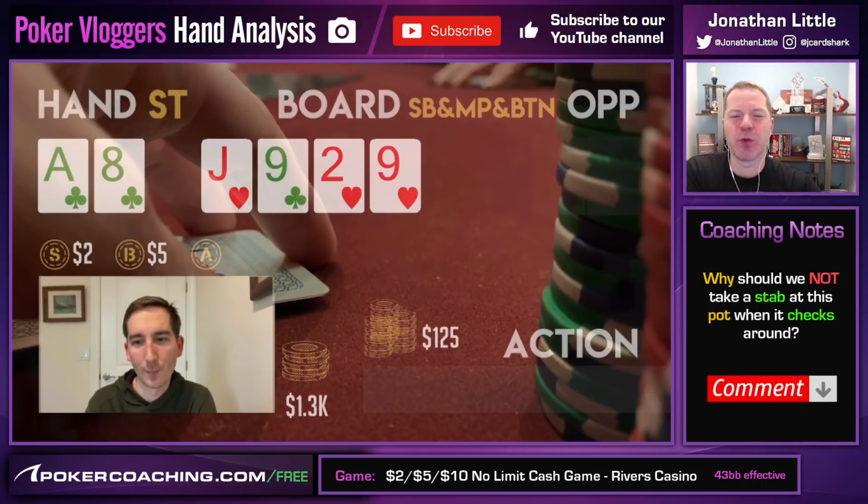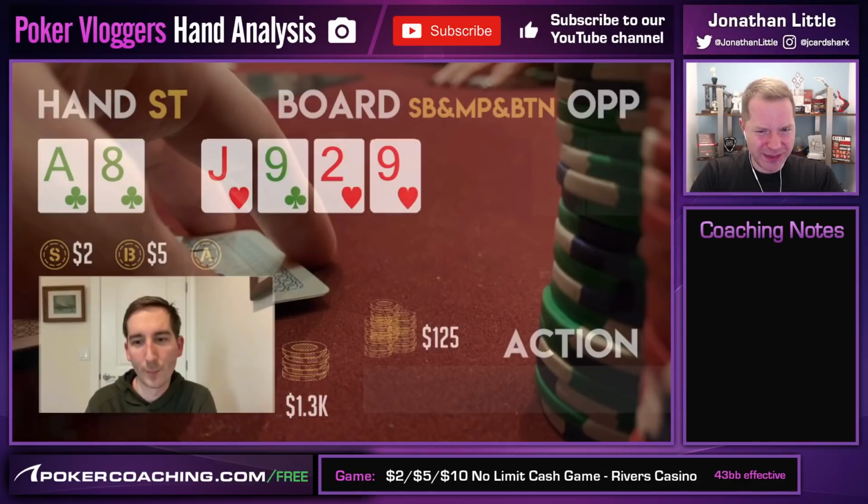Take a second to think about this. Why should we not stab at this pot at all? Because I do agree with this. Well, if you think about the hands that likely check behind the flop on Jack-9-2, it's going to be a